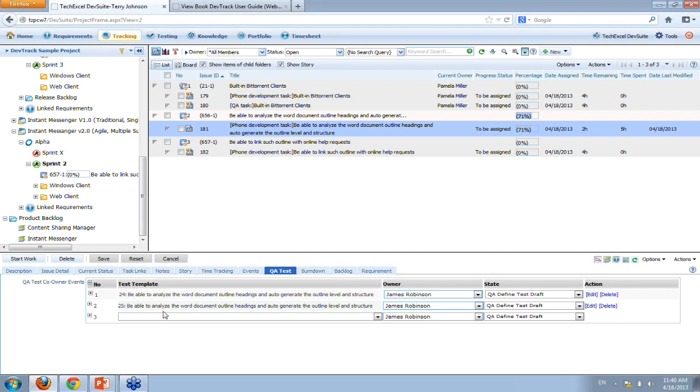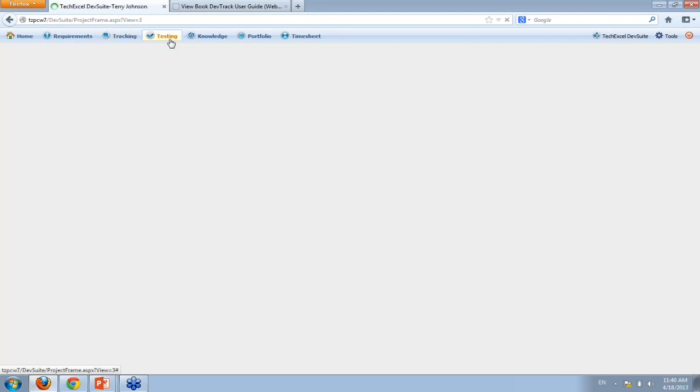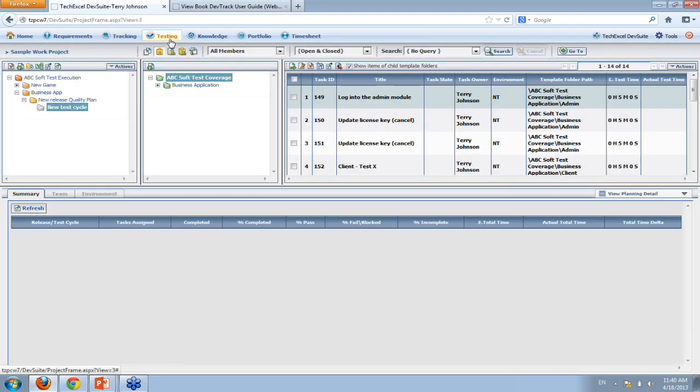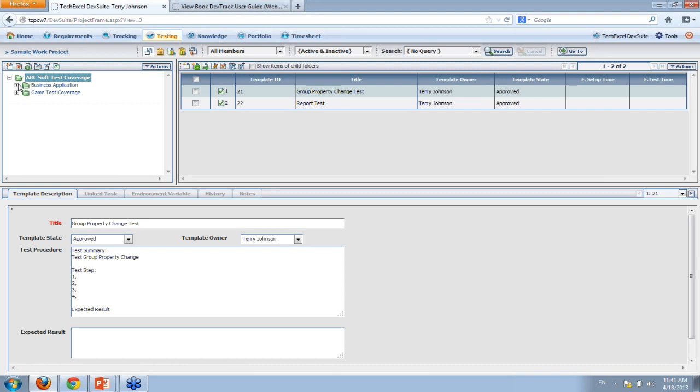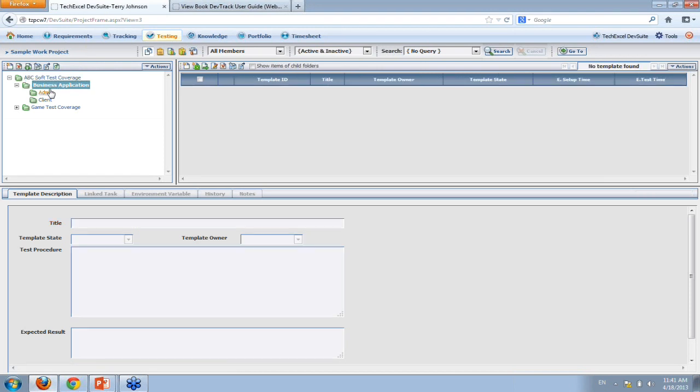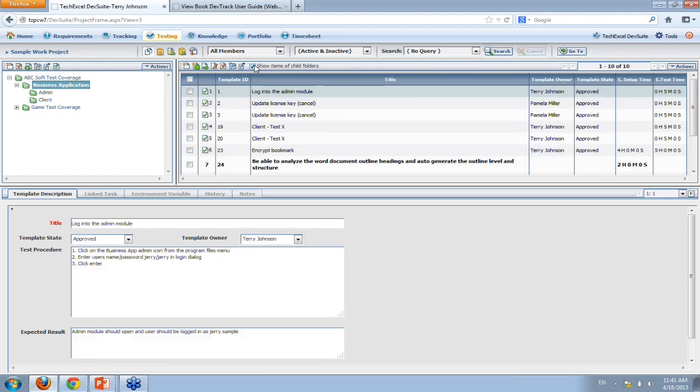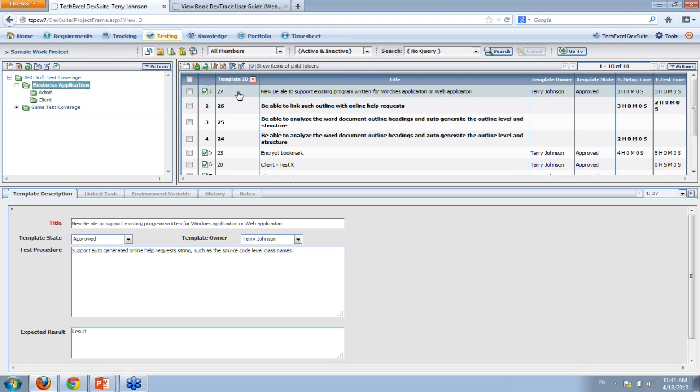And such test cases become the testing library automatically available inside your DevTest for you to perform test planning and test cycle. So in this case, using DevTest, now you will see two applications, business applications and game test applications are defined with multiple test case templates, and such test case templates represent your effort of defining, if you notice,